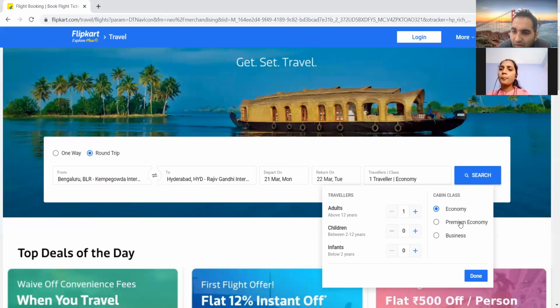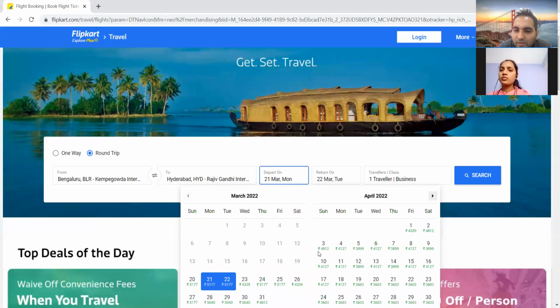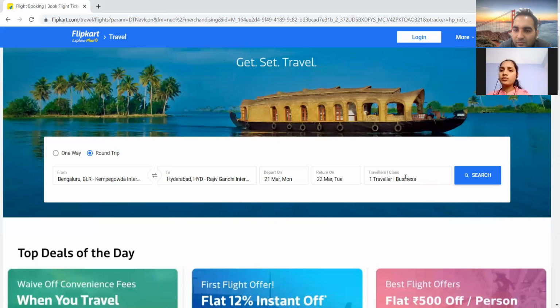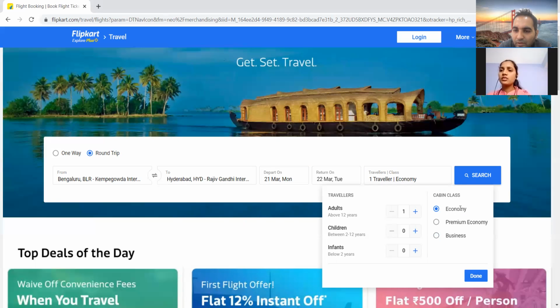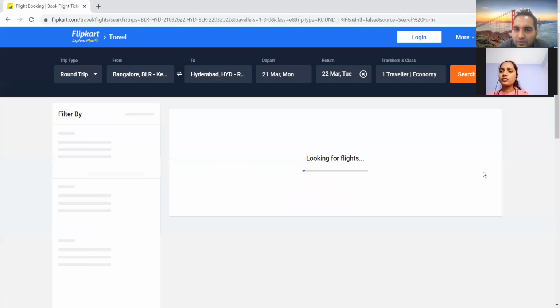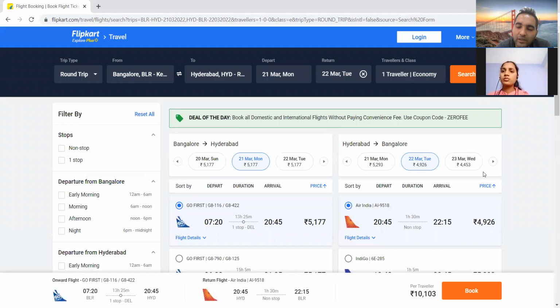Then select various cabin classes, right? You can select those. Again, you can select this, and again you can come over here. Now you can see the rates have changed, because earlier the cabin class was different. Now let's say I click on the search button. It should display the list within a quick turnaround time. Let's say it should not take 1 hour to showcase the results. So this is one of the aspects. And then you can see that it is also giving me various options from Bangalore to Hyderabad, and again from Hyderabad to Bangalore.